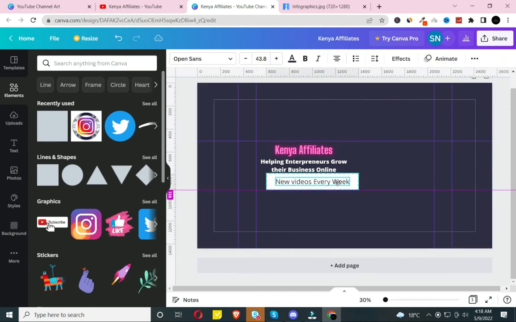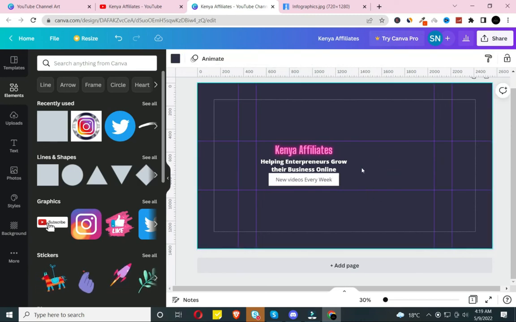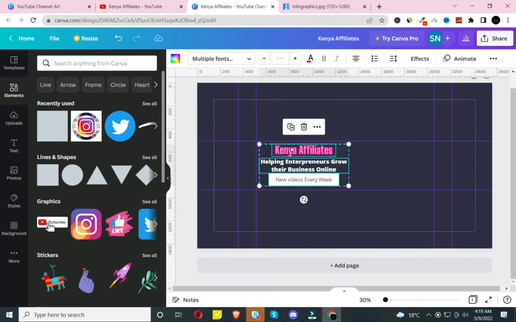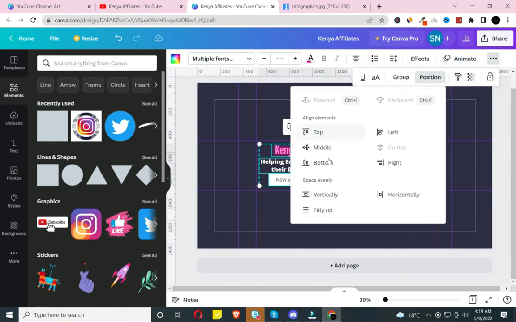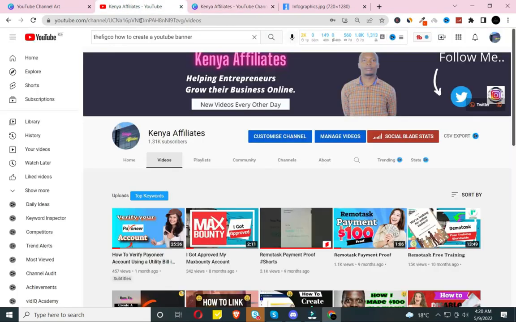And here we are. So again, we need to resize both of them to at least that size. So in this case, we need to highlight all of them so that you can position them. You can space them first of all vertically, and then I also need to group all of them so that they can move together. What next we have is a picture of me.